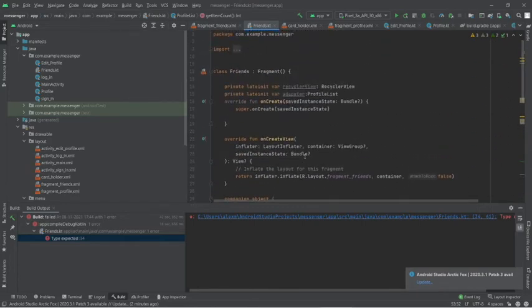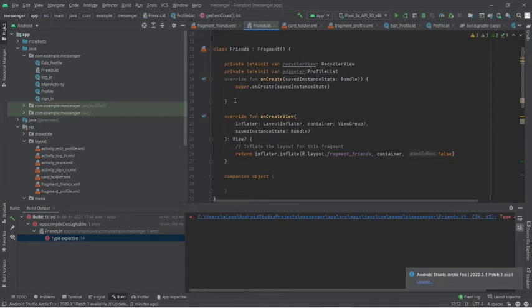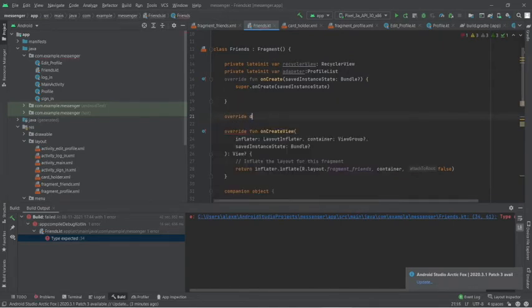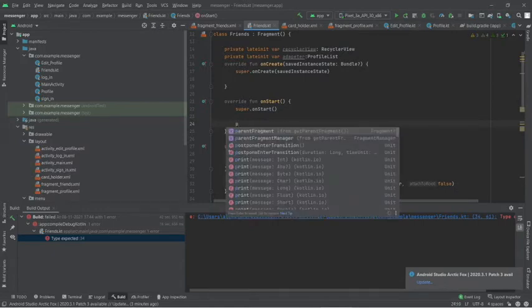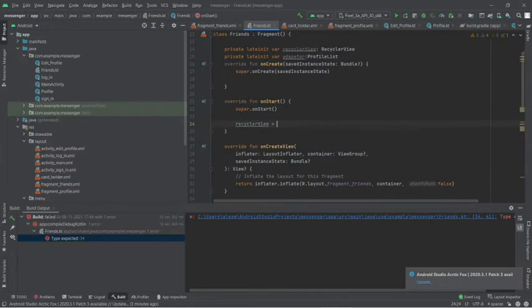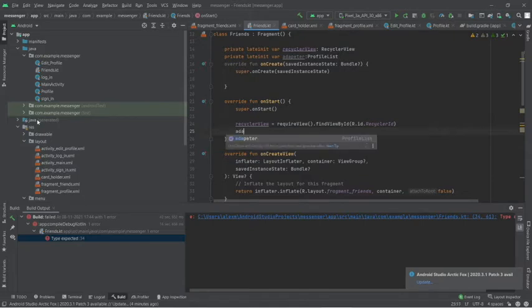Okay, so now let's start accessing the list and storing it. So I will have an onStart function. recyclerView equals requireView().findViewById(R.id. what was the id, recycler id, adapter equals